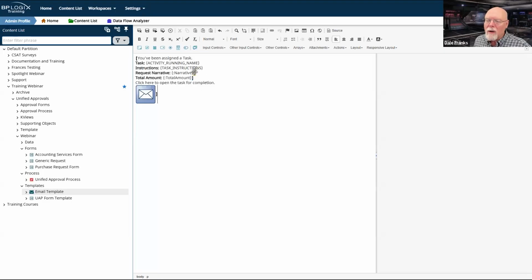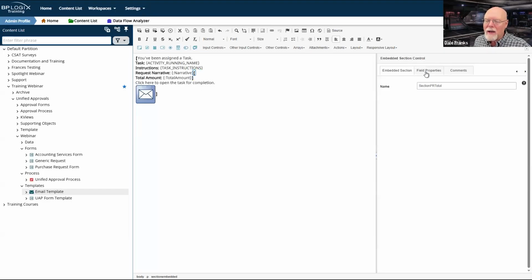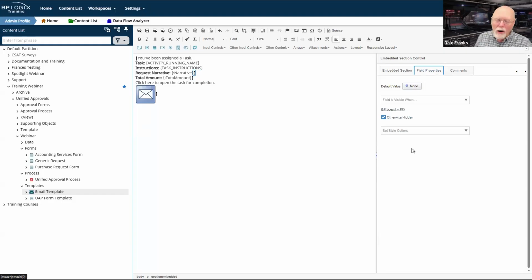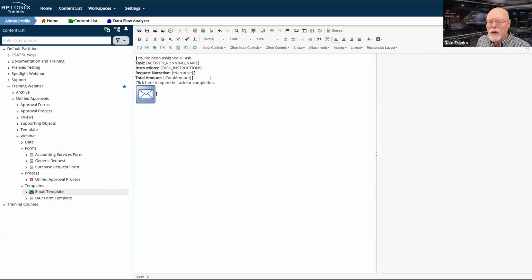it's, I will not deselect that embedded section end. That's what I wanted to do. And all I need to do is put in the appropriate process type to only show those fields when that process is running. Now, I could, if I had more unique fields, I don't. I only created one on the purchase request form. I might have a whole series of these embedded sections, all of which would only show whenever I was in the appropriate process type.